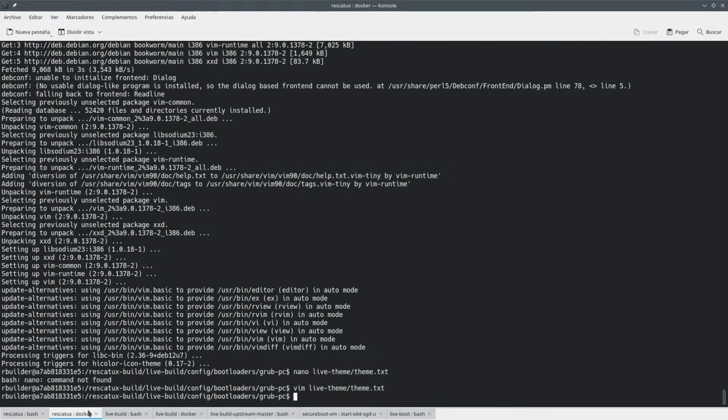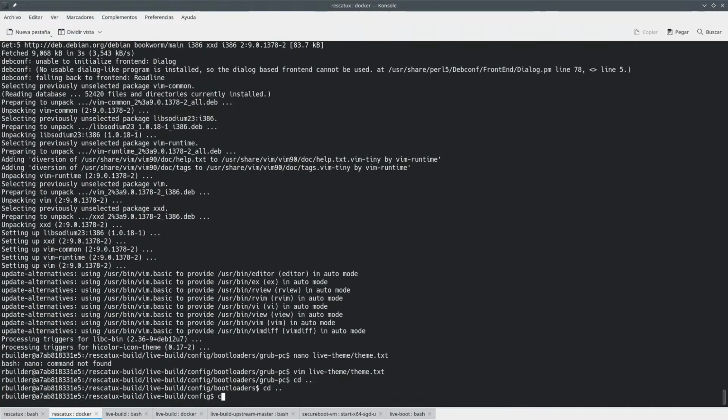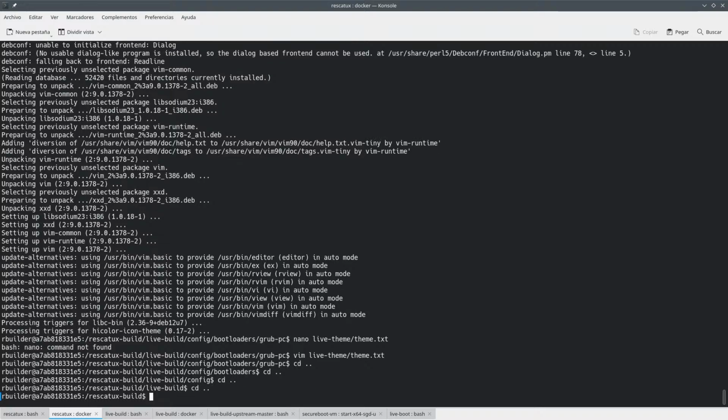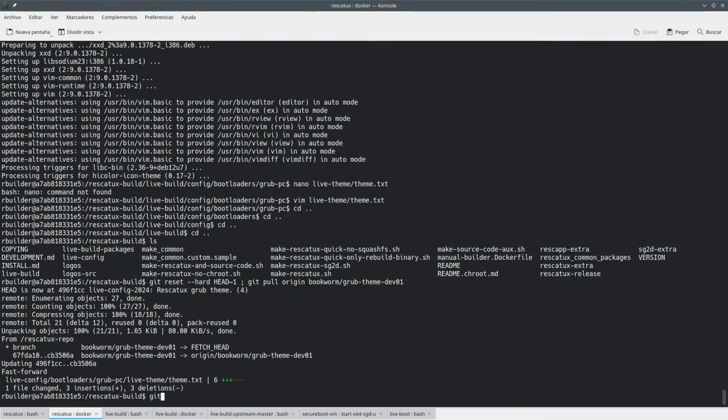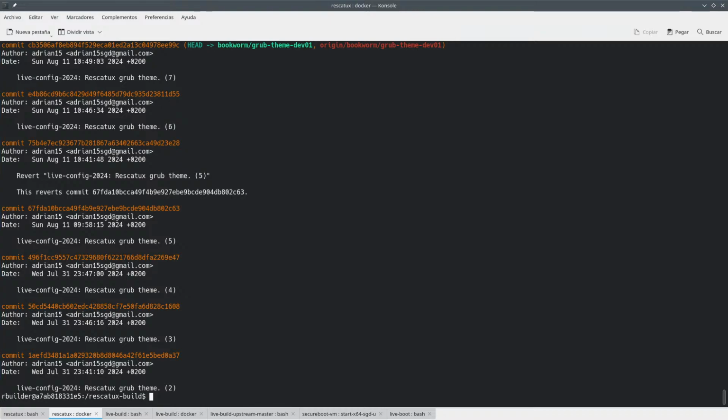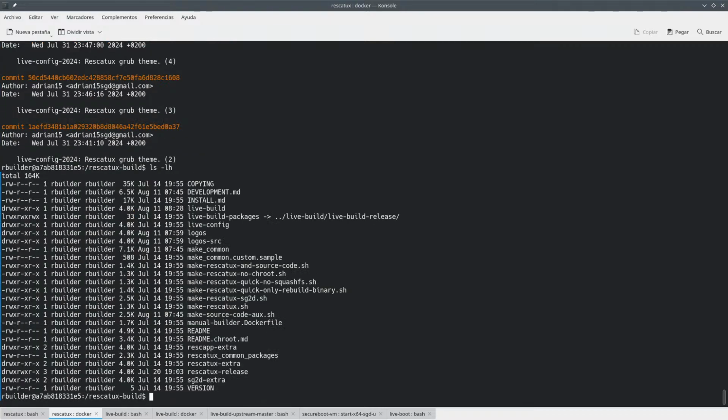Okay, so inside of the Docker we go on to Rescatux build. We can reset this thing and get the latest commit. So here we have the latest commit, and we can manually copy